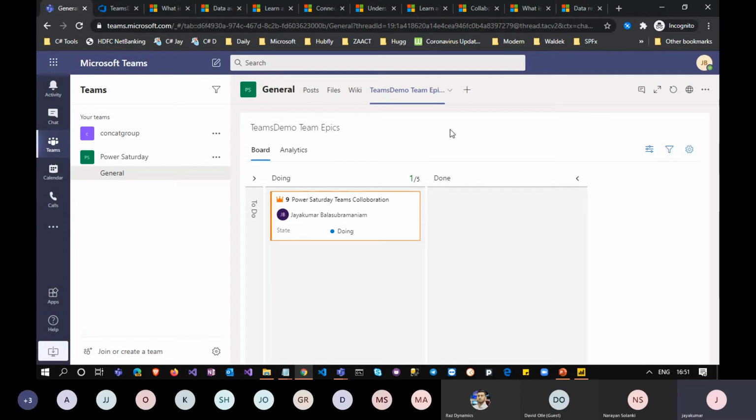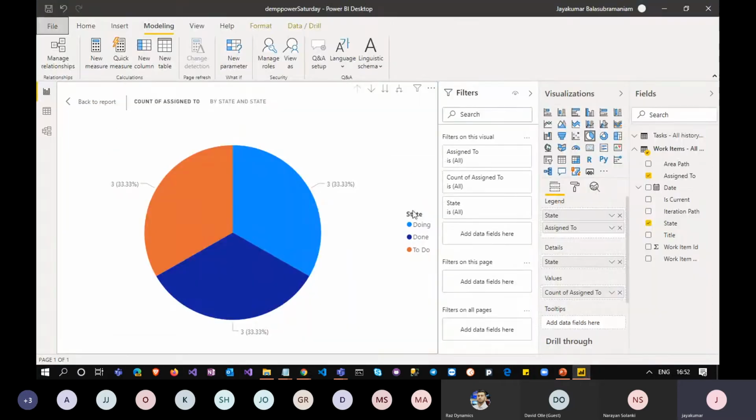Yeah, so I have DevOps integrated within Teams, but I am able to get only my board kind of stuff. I don't get any reports customized in the way that I want. So that's how we are going to do it with the Power BI, which we have done right now. Now let's see how to integrate the same within Power BI, so Teams.